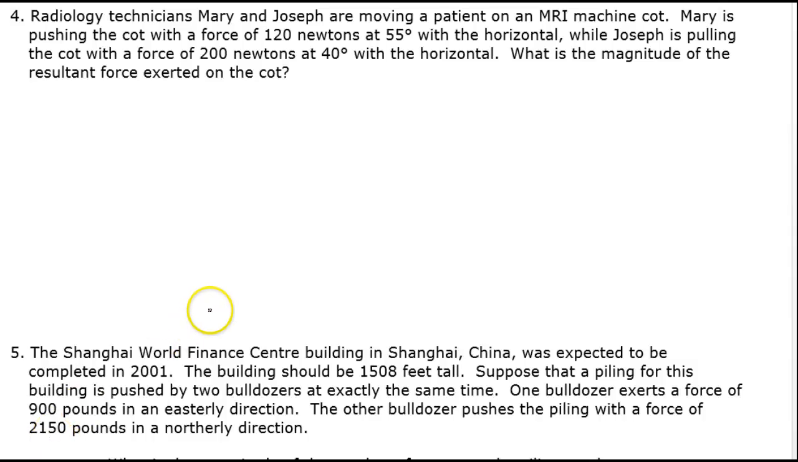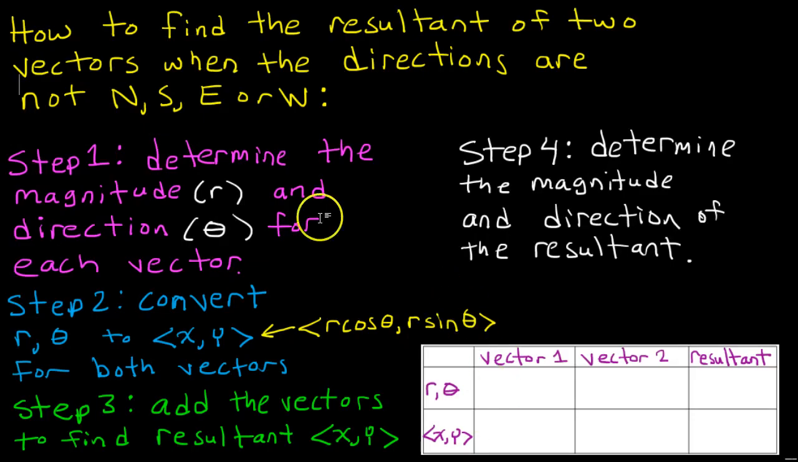In this video, I will show you how to find the resultant vector when you have two vectors that are acting together and neither of them are the cardinal directions north, south, east, or west. I will show you how to use my patented four-step process to solve this and my very special graphic organizer